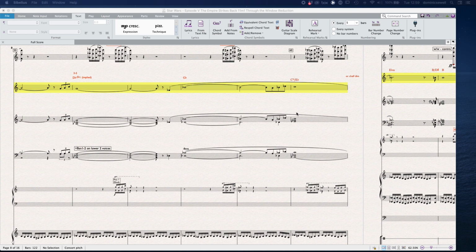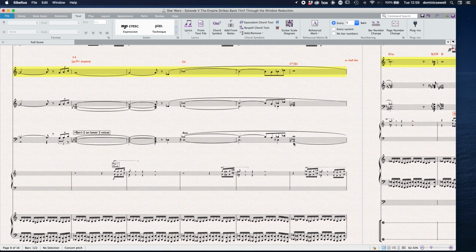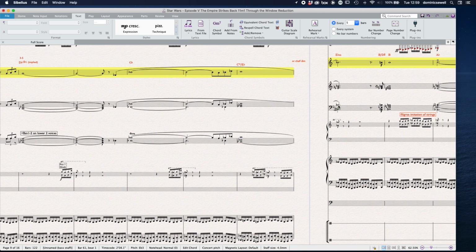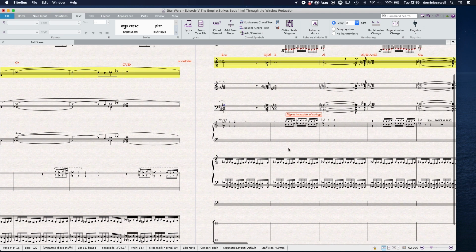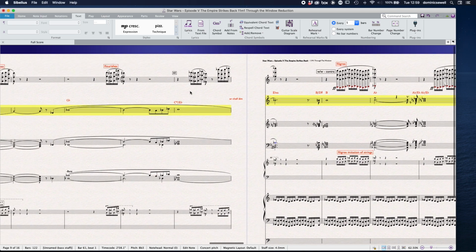So yeah, we've got a sort of C dim, which goes to E flat minor. And notice that it keeps shifting as well, in line with what's going on. E flat minor there. And that continues, E flat minor with this little bit of filigree, which is just actually